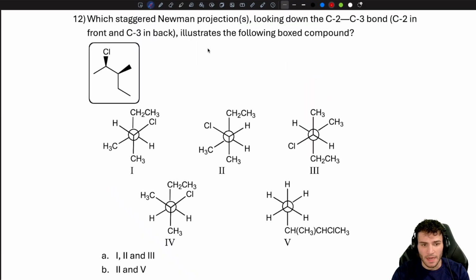In question 12, we're going to have a similar question in which we're trying to find a staggered Newman projection for the compound that they gave us, looking from C2 to C3. So it's important to remember your IUPAC naming. We're going to start numbering from the left. And so this is our C2 and this is our C3. We can also write that on our C2 we're going to have a hydrogen, and this is going to be a methyl group. I find that it helps for drawing Newman projections just to remember what your components on each